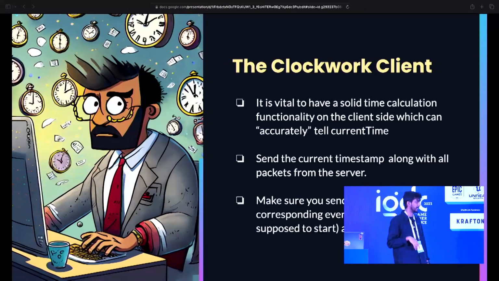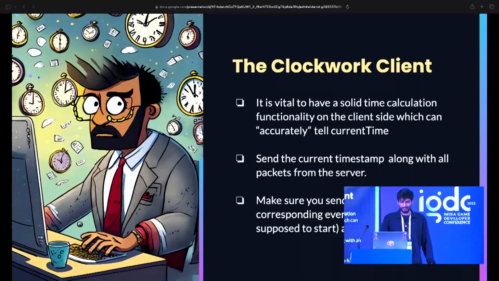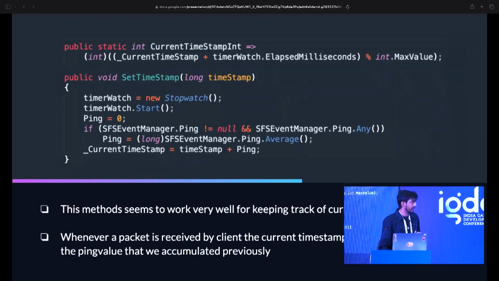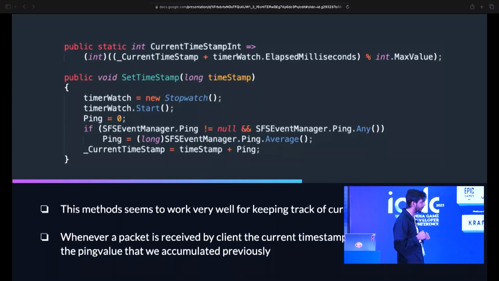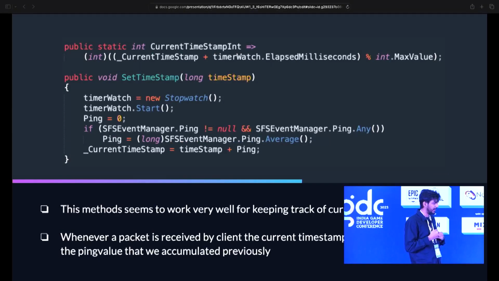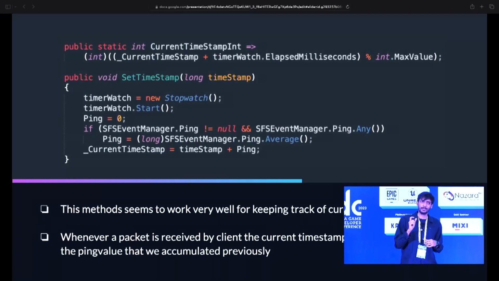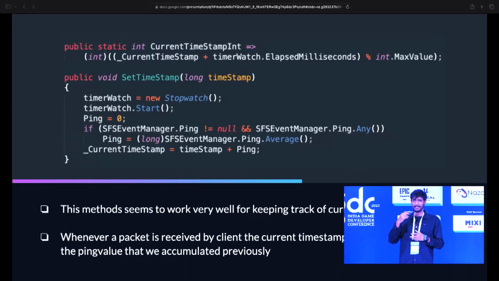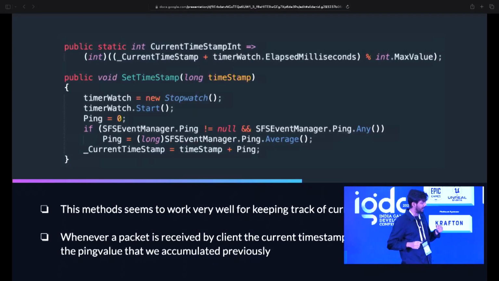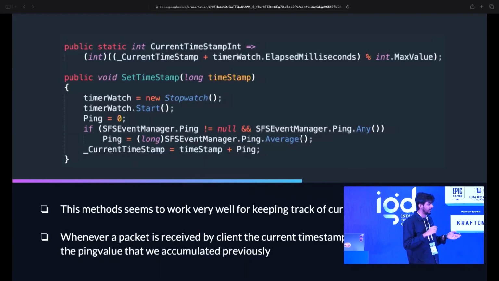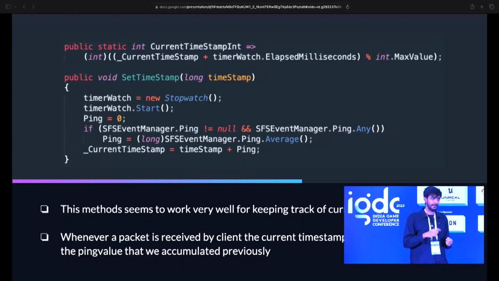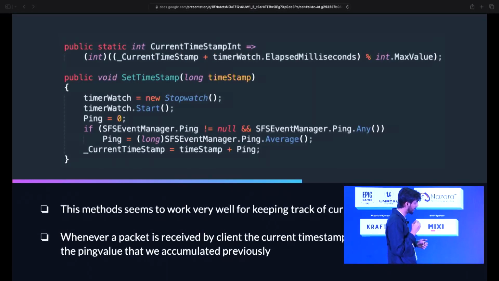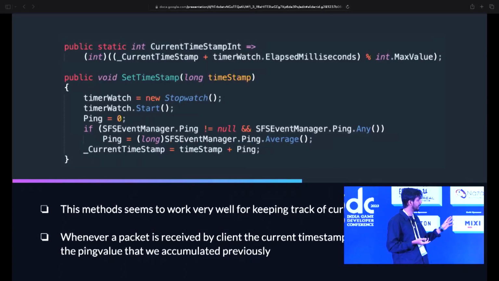So on the client side, I can receive that and do the necessary calculations. Over the years, I've used various different SDKs, right? You have Photon, you have Unity's Netcode, you also have SmartFox. They all calculate time and the current time a little differently, and this function is something